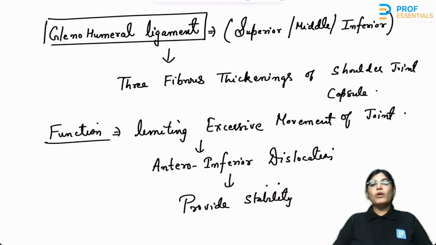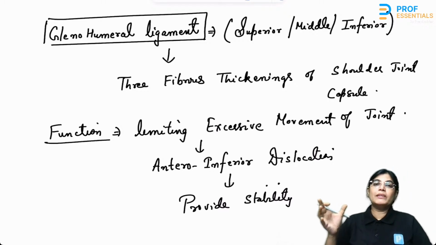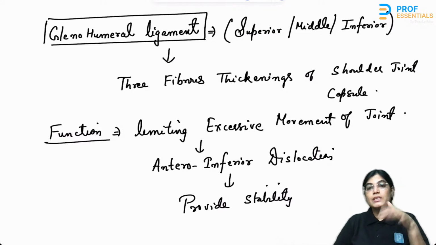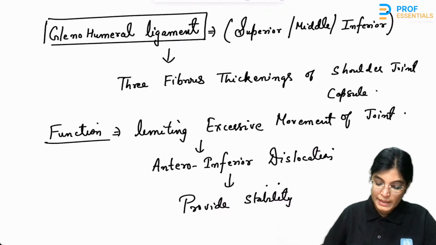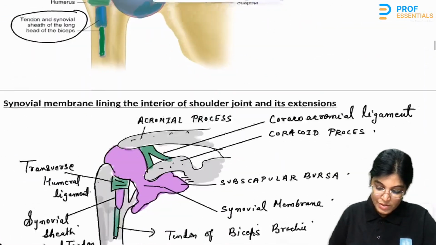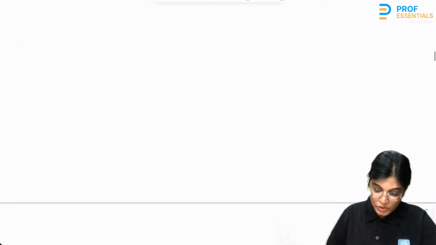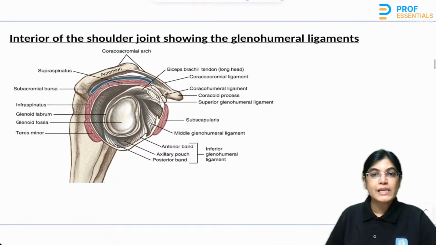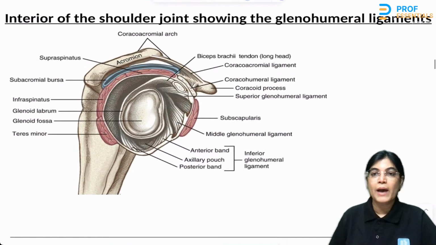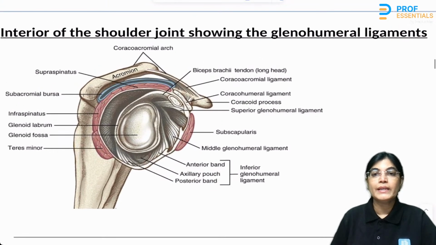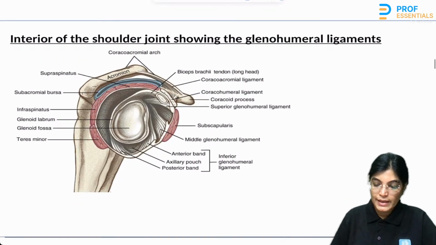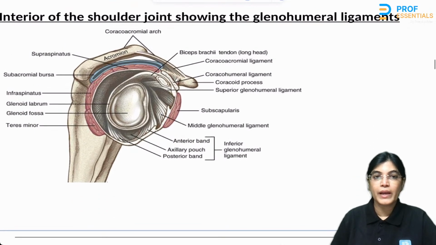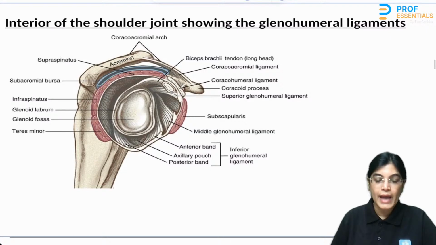One more important point about the glenohumeral ligament is that it becomes more clearly visible once you see the interior of the joint. So let's see that. This is also an external view. See here, this is an image where you can appreciate the interior view. In the interior view, you can appreciate the